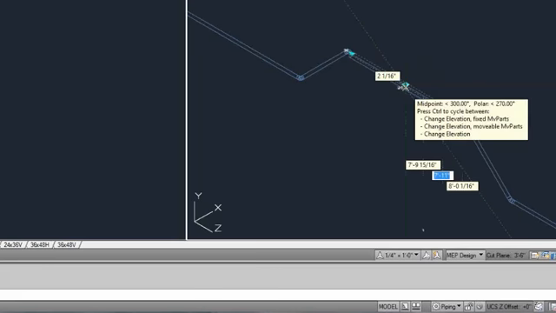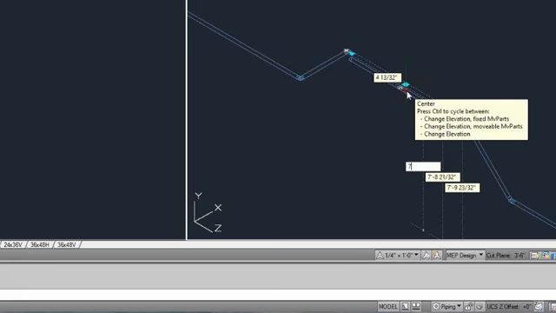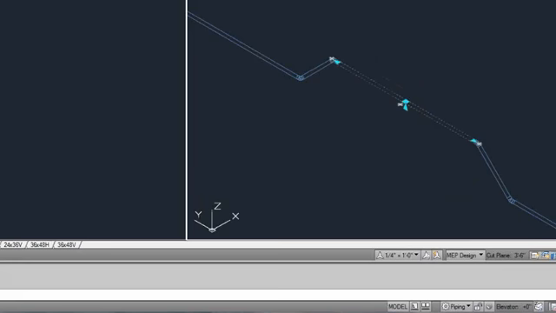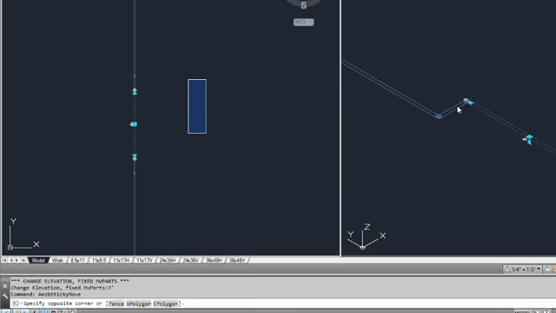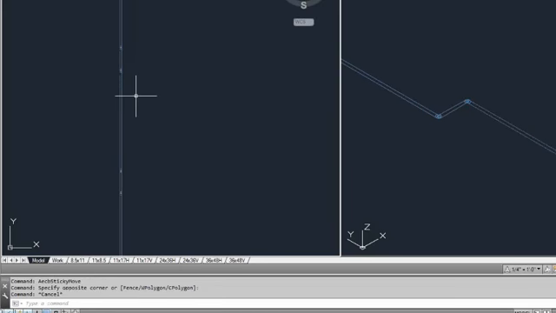So hitting the tab button cycles between the center, the top, the bottom, and then a relative change. So if I want to make this pipe at 7 feet, I can do that. The slope command will give you great access for putting in an offset. If I needed to put in a rolling offset,